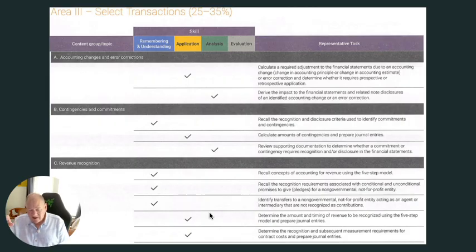Certain contractual rights and obligations on some specific things like derivatives, hedging, insurance contracts, and certain types of guarantees, not typical guarantees that we make to customers when we sell them products or services, but other types of contractual rights, are outside of the scope of ASC 606. And then certain types of non-monetary exchanges are not within the scope of ASC 606. Otherwise, revenue from contracts with customers is all addressed in ASC 606, or that section of the